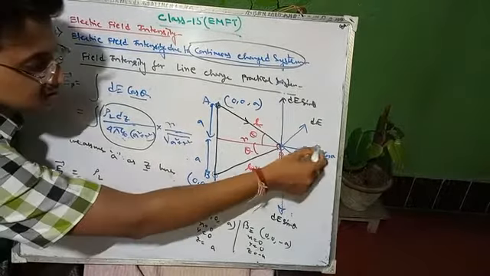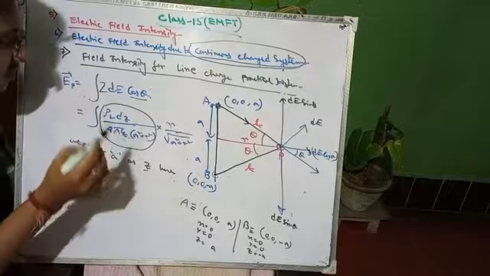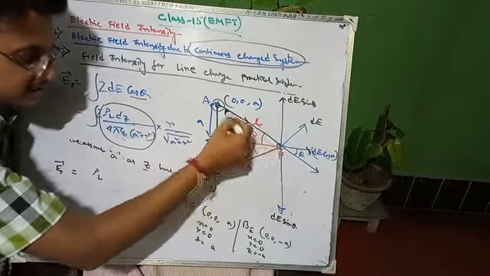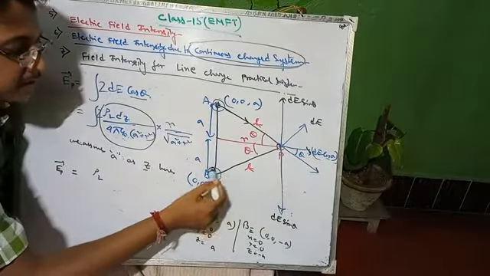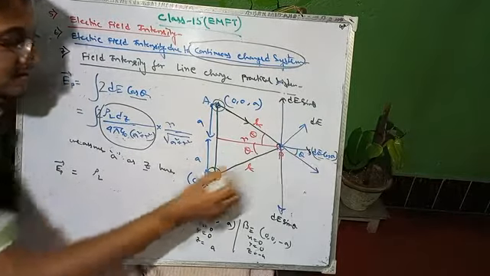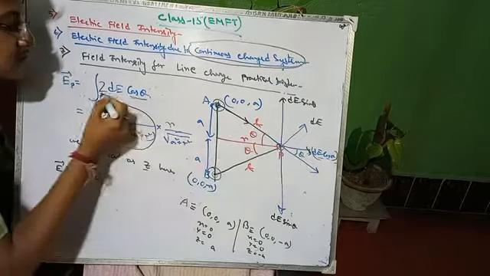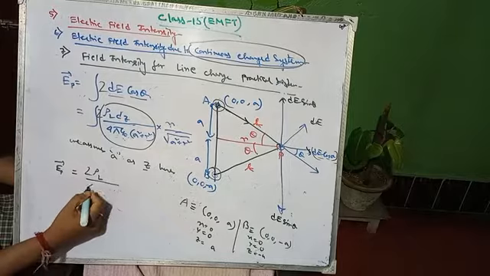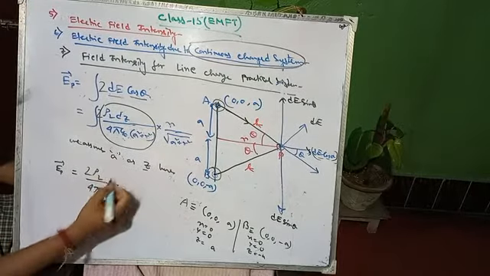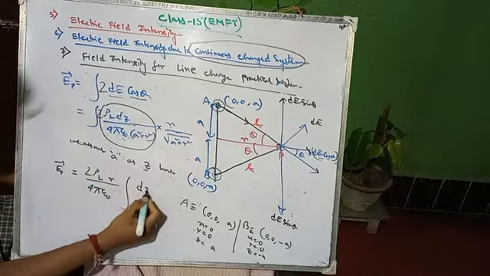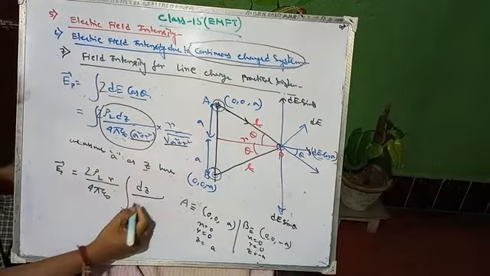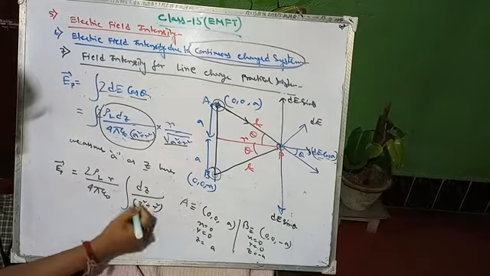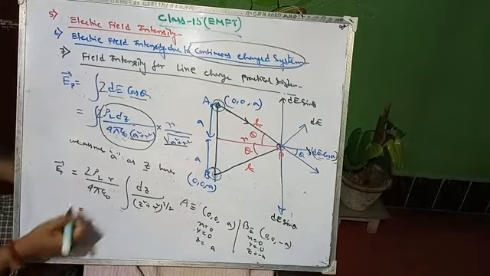Okay, so there are two cos theta parts, right? So it will be 2 times dE cos theta, because due to point A there was dE cos theta, and similarly due to point B there is another dE cos theta. So dE cos theta and dE cos theta add up to 2 dE cos theta, and the sin theta parts cancel out themselves. So 2 rho L by 4 pi epsilon naught, this r is also taken outside, and dz by this one and this one combine to represent z square plus r square to the power 3 by 2, right?